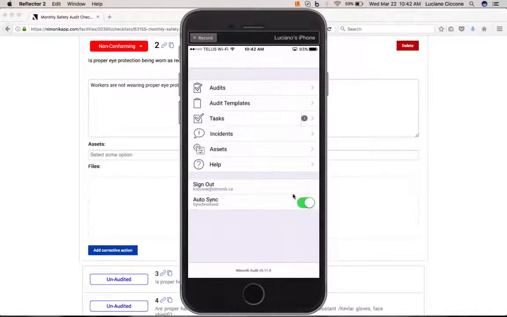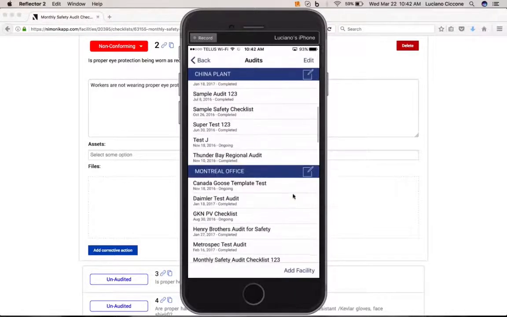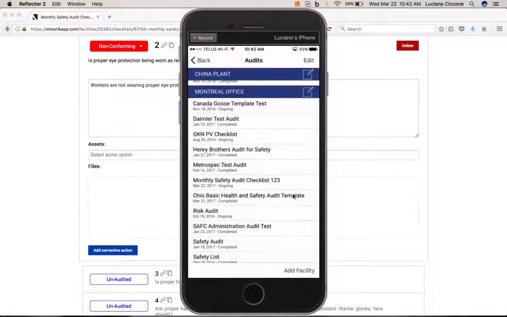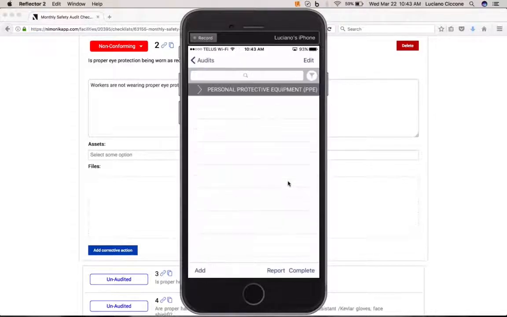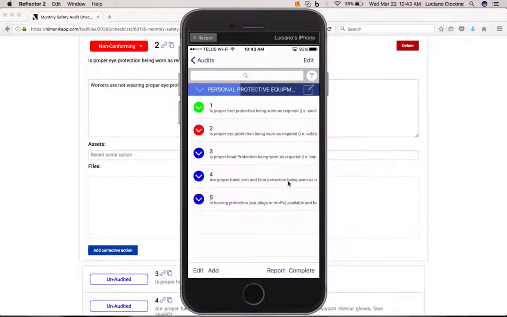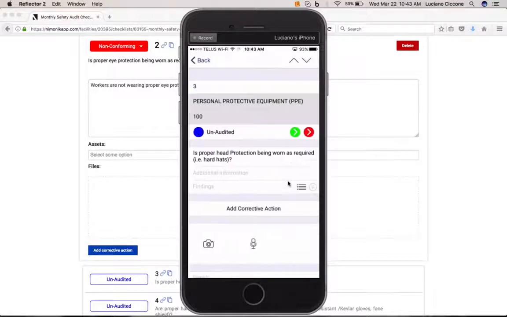In this case, we're going to continue the audit that we have created on the website. So we're going to do so by clicking on Audits and scrolling down to the Montreal office and clicking on the monthly safety audit checklist located right here. Once you click on that, the information will become compiled as a result of the information that was gathered on the website. So we can now go to the third question, which asks, is proper head protection being worn as